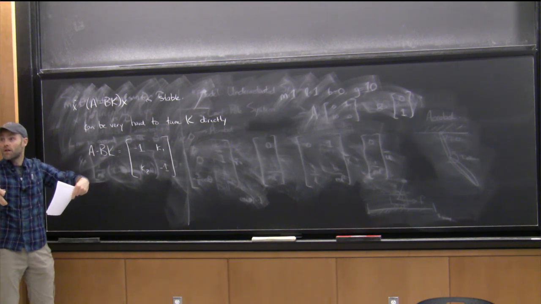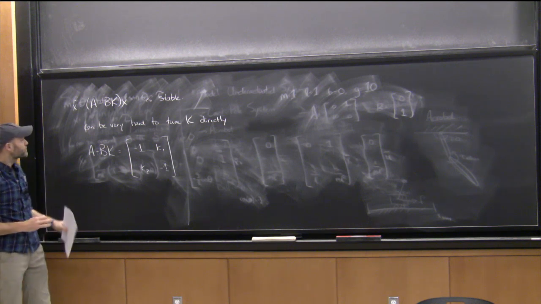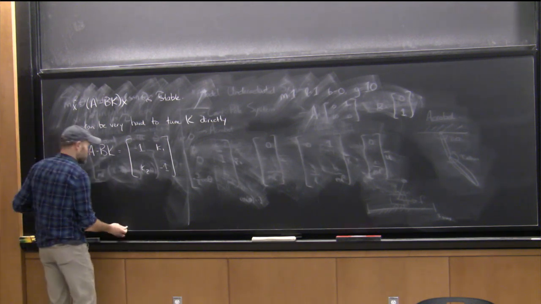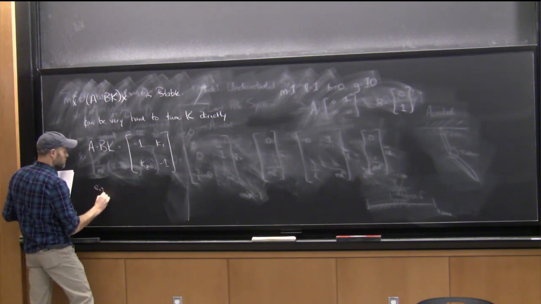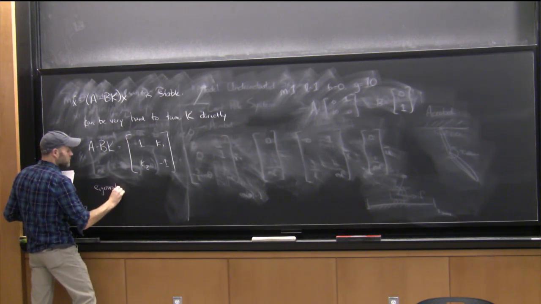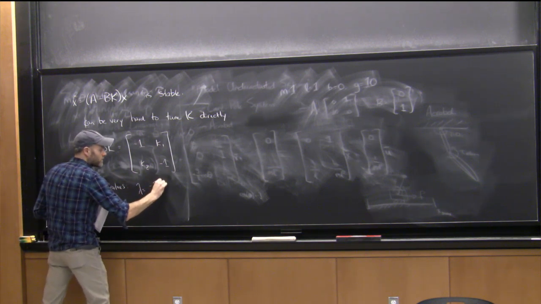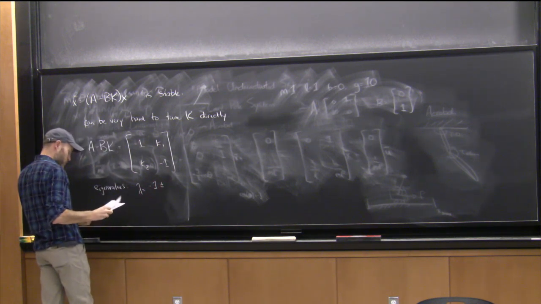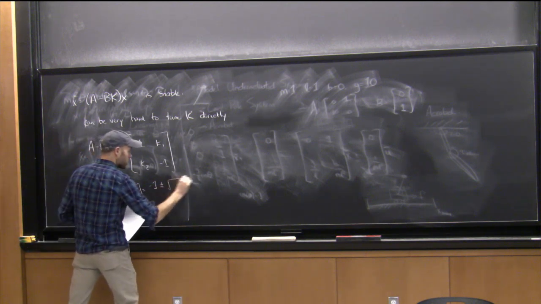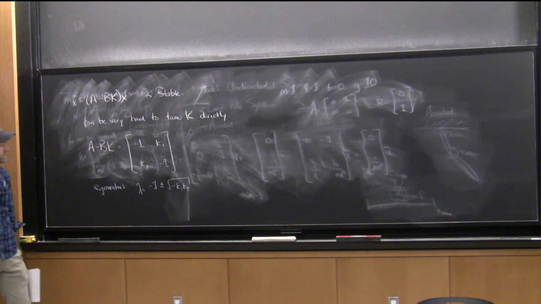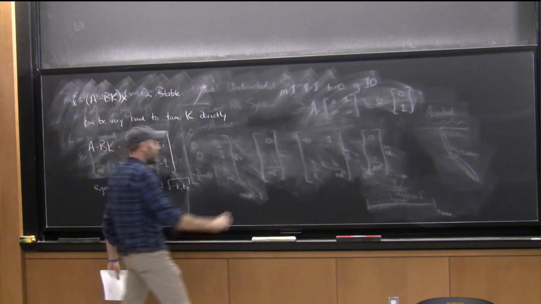That's the condition for stable linear systems. So if I try to compute the eigenvalues of this, I get -1 plus or minus, what do I get? This. If you plot that